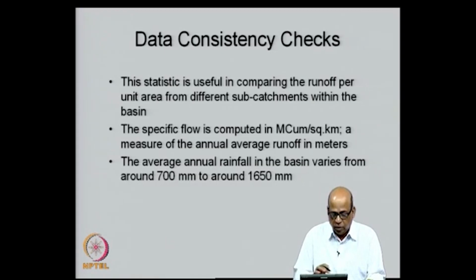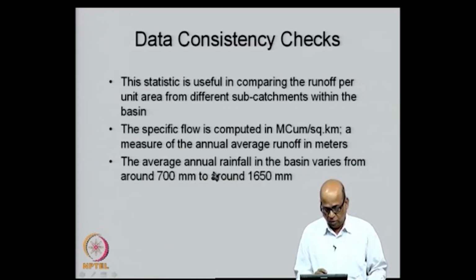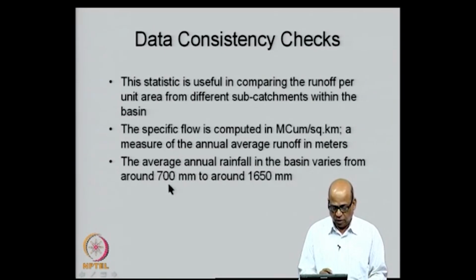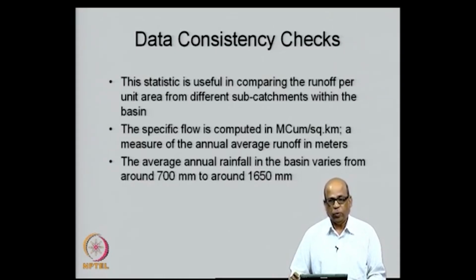For this particular basin, the annual rainfall in the basin varies from 700 millimeters to around 1650 millimeters, and there is a variation from east to west. As you go from east to west, there is a significant variation in the rainfall. Now, all of these will contribute to the change in the specific flows. We will continue this discussion on this particular basin in the next lecture. However, what we did in this particular lecture is